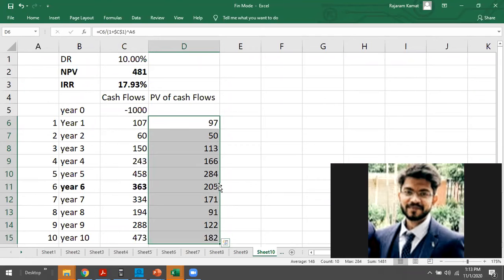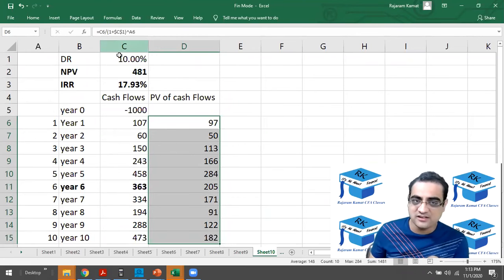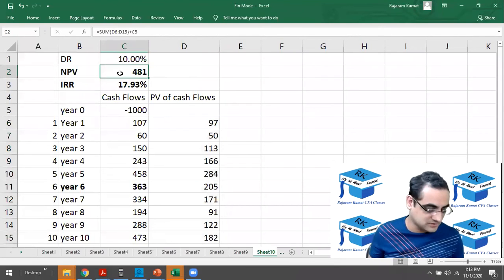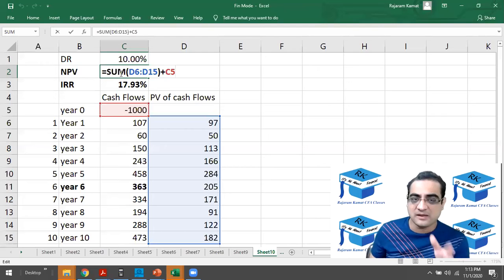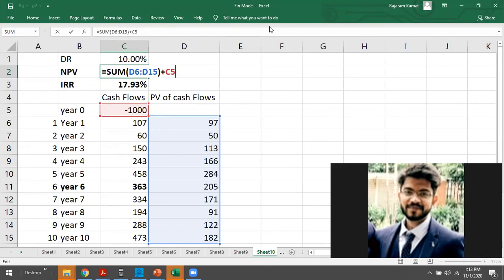Okay, this you have done. So maybe you might have made some mistake in the formula. Just look at the formula one more time. I'm just summing the present value of all cash flows, that is the summation of all present values of future cash flows, and then adding the year 0 outflow. It shouldn't come as 36,000 or something. Okay sir, I'll do that.